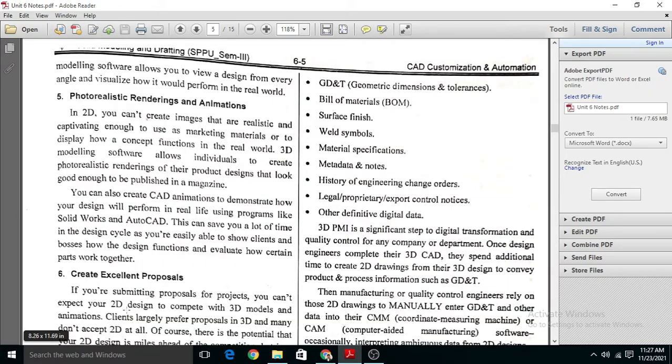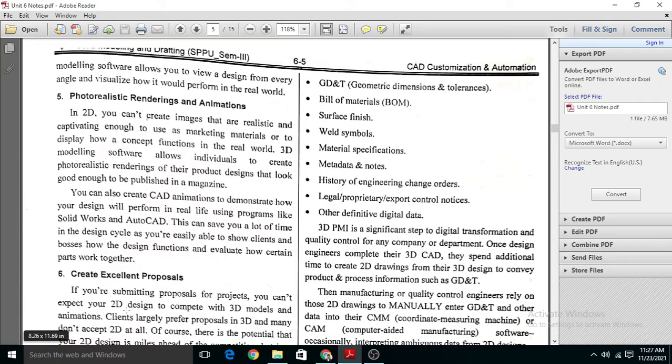So by using these techniques, we can make an excellent proposal for approval purposes. To get the approval, we can make the excellent proposal by using this 3D modeling effect, that is visualization, or by using animation or photorealistic rendering.